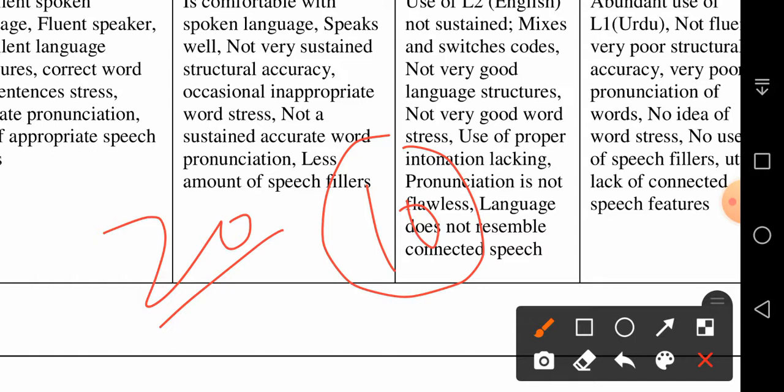So this was just preliminary information about your research presentation. It is just like any other presentation. The only thing is that you have to focus on your topic and mention the variables I have just mentioned. The grading rubric has already been uploaded in the WhatsApp group, and you should go through it. If you are not clear about it, you can put up your queries in the WhatsApp group.